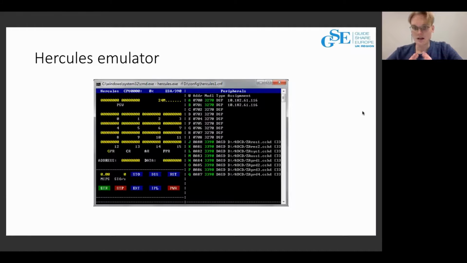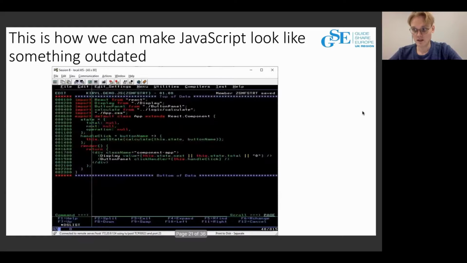Imagine that JavaScript, with all its syntax sugar and high-level features, was only available in the 3270 editor. This is what it would look like. All the neat features of modern development went away immediately.